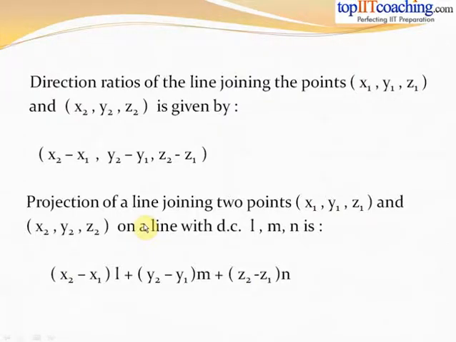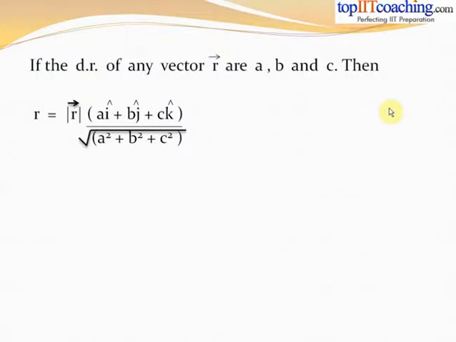If the direction ratios of any vector R are a, b and c, then the vector R is equal to modulus of vector R into a times i cap plus b times j cap plus c times k cap divided by under root of a square plus b square plus c square. So if we have the direction ratios of any vector R as a, b, c, then R would be equal to modulus of R, that is the magnitude of the vector R, into a times i cap plus b times j cap plus c times k cap divided by under root of a square plus b square plus c square. Now we can also write this as